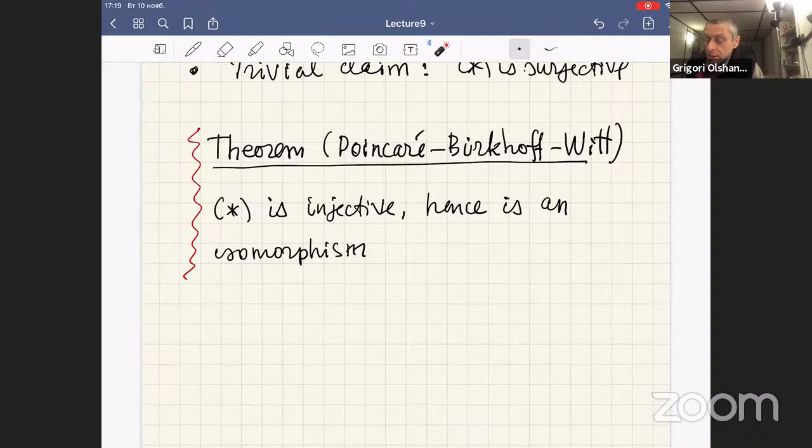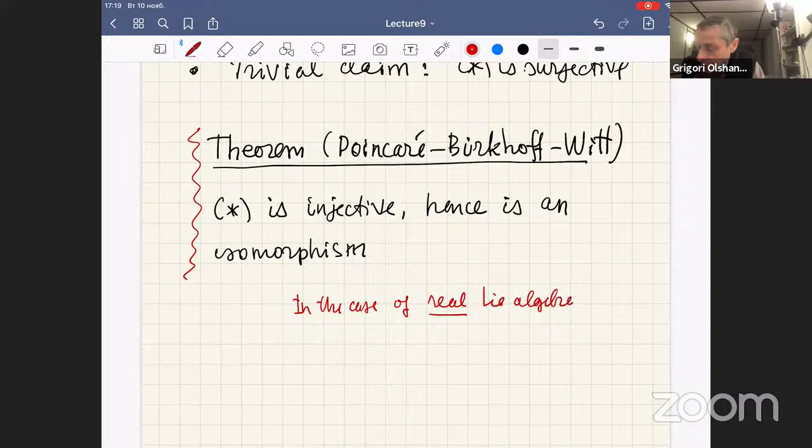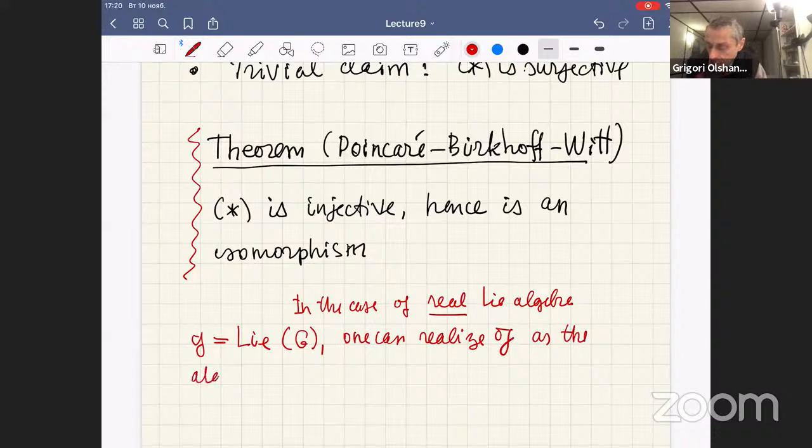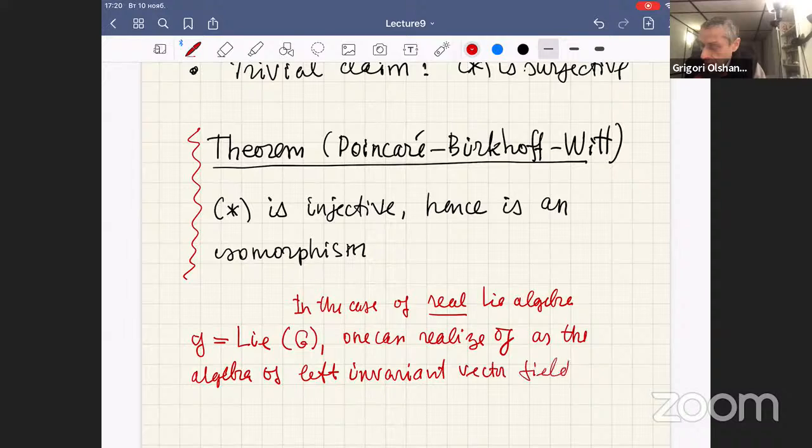In the case of real Lie algebra G, which we assume to be the Lie algebra of some Lie group, one can realize our Lie algebra as the algebra of left invariant vector fields on the Lie group, and then